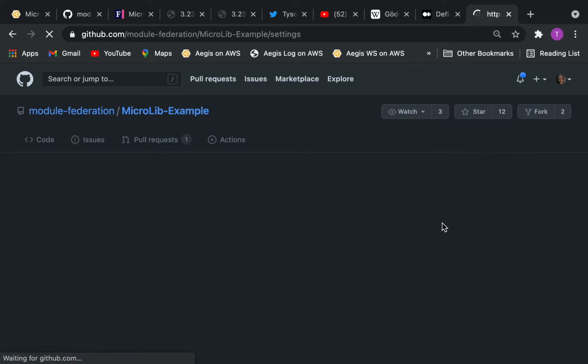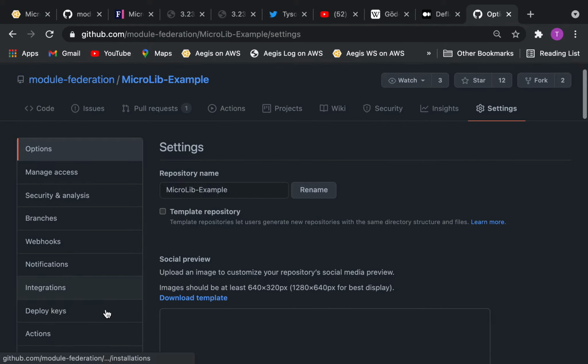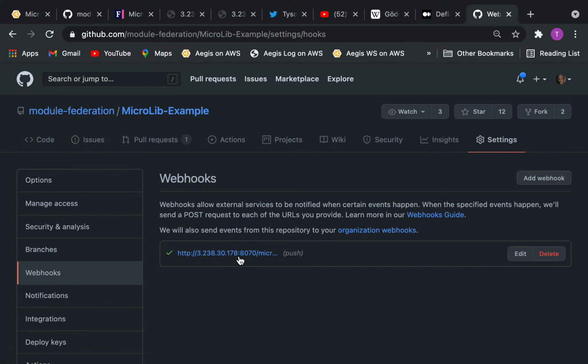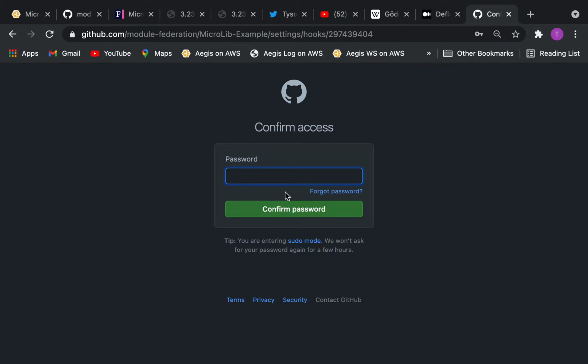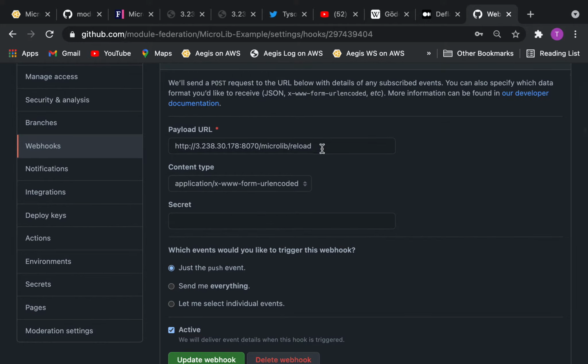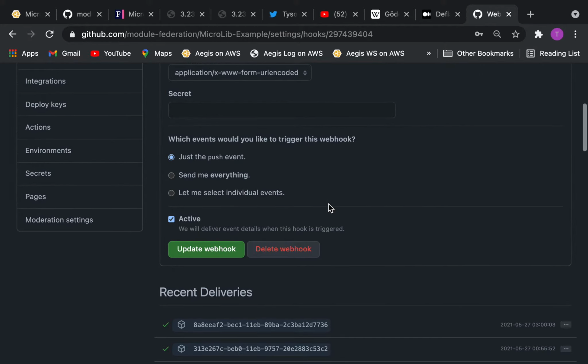In our case, what our settings are for purposes of this video, well, we've just installed a webhook in our repo, and this is just hitting an endpoint out on the Aegis server, and it's firing just upon a push. So when we push new code, this webhook will fire,